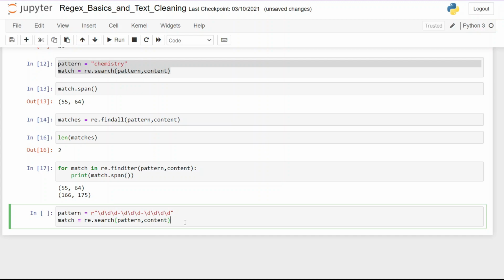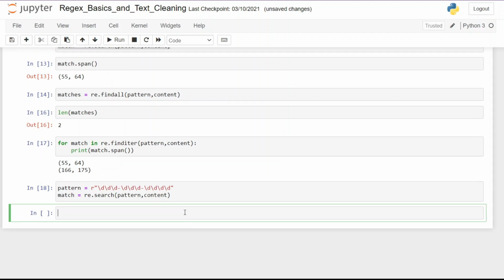So we have 3 \d, then a hyphen, then 3 \d, then a hyphen again, and finally 4 \d, which means that our pattern is 3 digits, hyphen, 3 digits, hyphen, 4 digits. That makes up 10 digits. So we have a generalized pattern that can detect all the phone numbers in a document.